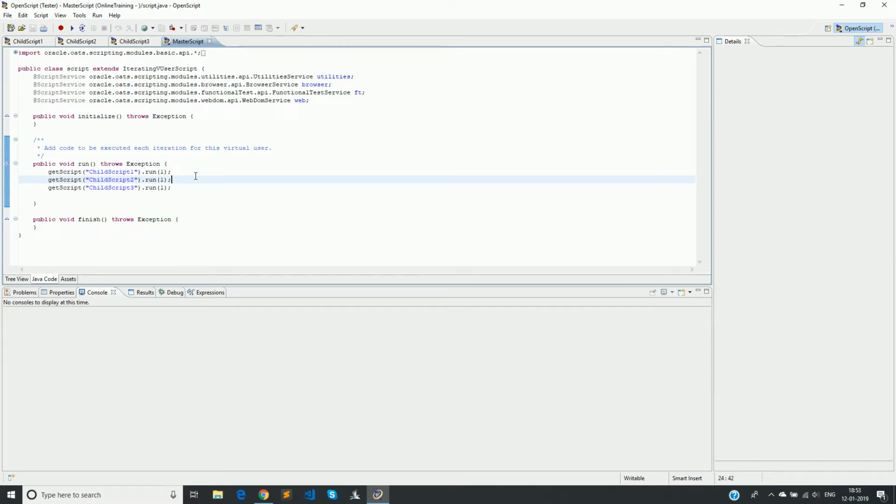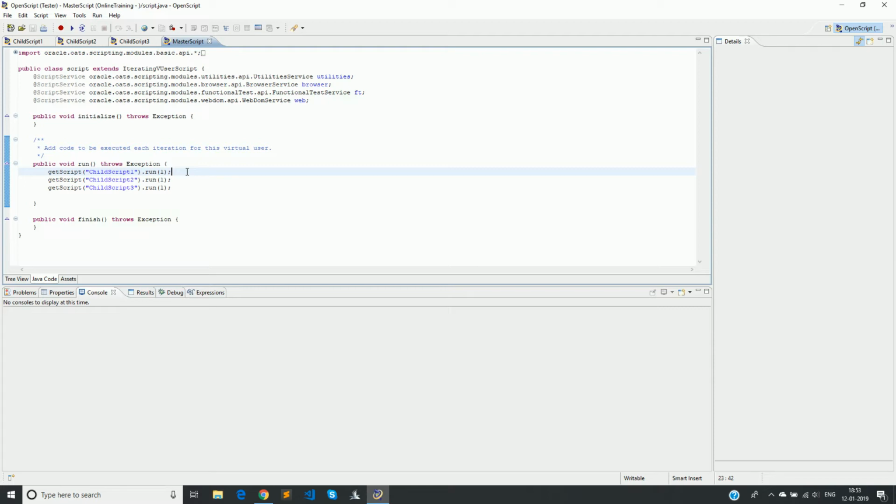Now, consider a scenario where we have a child script 1 in which I am checking if a particular validation is properly available or not. In case the validation is failing, then I don't want the child scripts 2 and 3 to be executed. In case the validation is true, we can continue to execute child 2 and child 3 scripts.